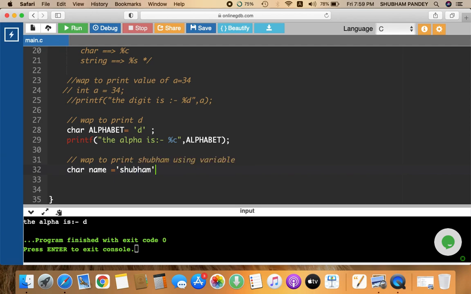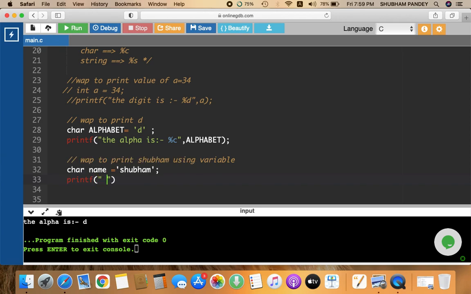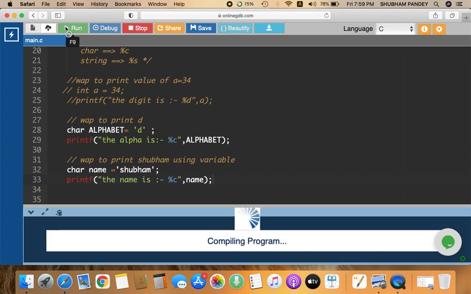If you write this, and here write a printf statement: the name is, and I told you that you are going to print %c. After the comma you provide the name of the variable, that is name. Now if you run this code, it is going to show you some error. See it.